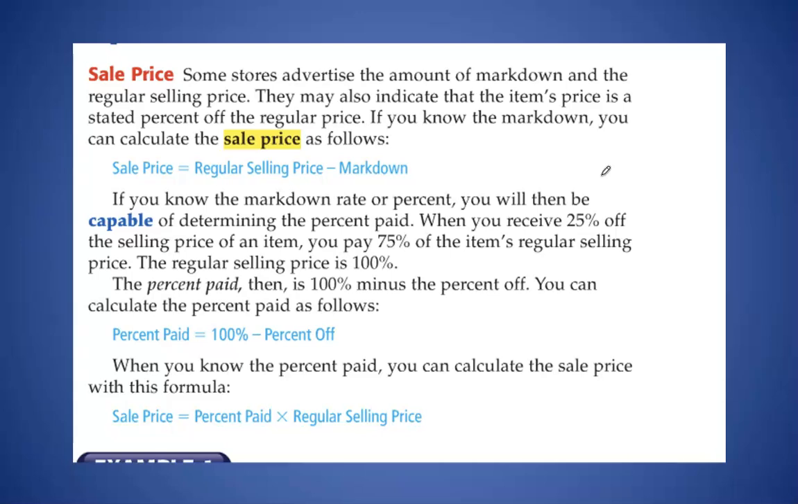If you know the markdown rate or %, you will then be capable of determining the % paid. When you receive 25% off the selling price of an item, you pay 75% of that item. Again, if you receive a $25 off, you're actually paying the 75% of that item. So if we're going to use the % paid